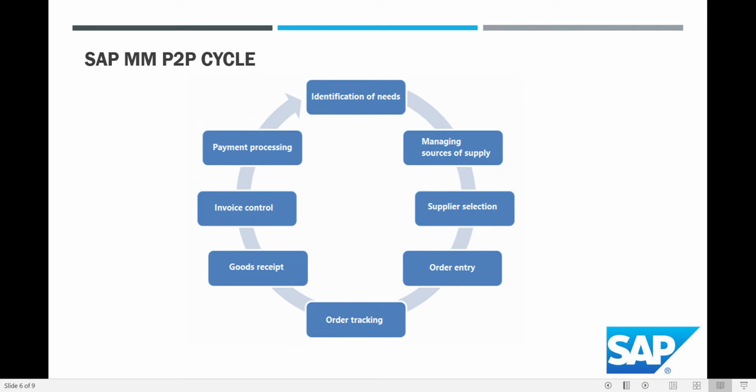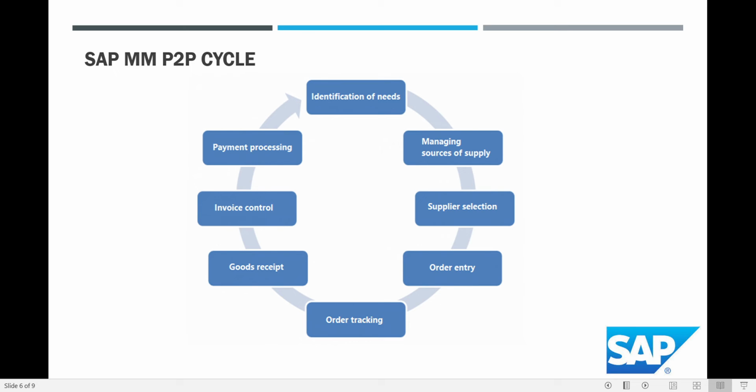So the first requirement is identification of needs. We have to know that there is a requirement and there is a shortage of raw material, or some packaging, or anything, something which we need to buy so that we can manufacture something, right? Let's take an example of a plastic bottle manufacturer which needs to manufacture water bottles.